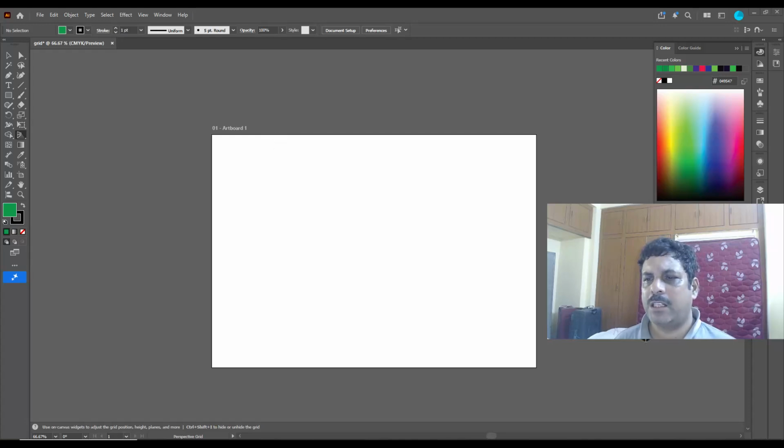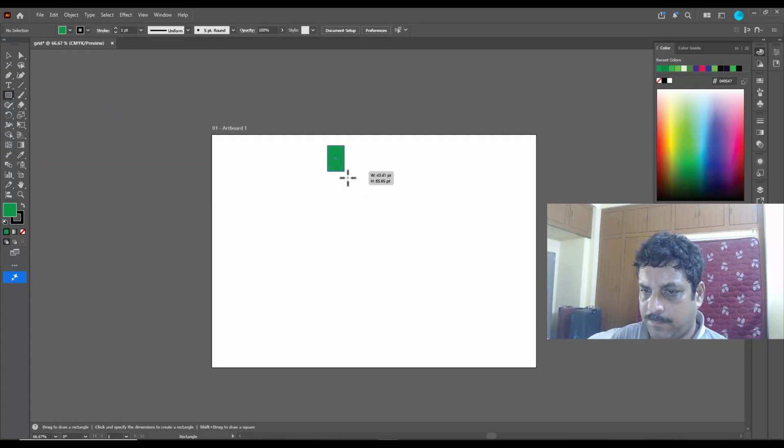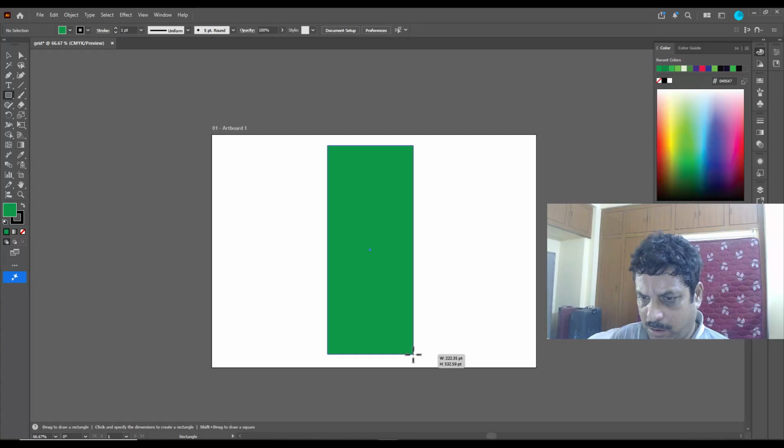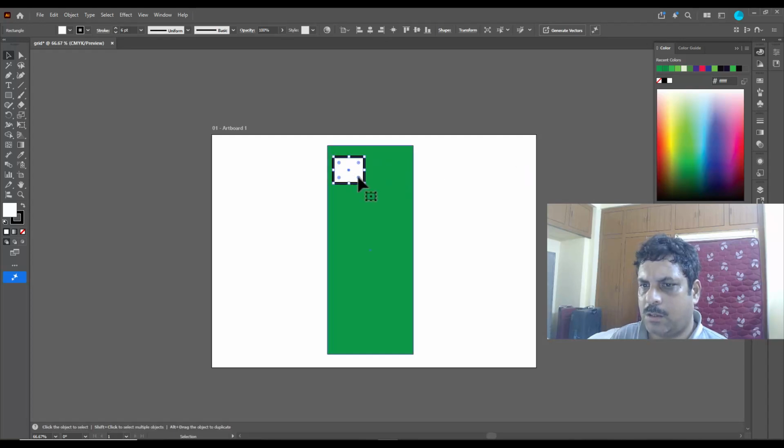Let's create buildings using the perspective grid tool. First, before using the perspective grid tool, let's create a building. We will use a rectangle tool here. Then we will just create windows. We can give a white color and we can just increase the stroke, and we will just place one window